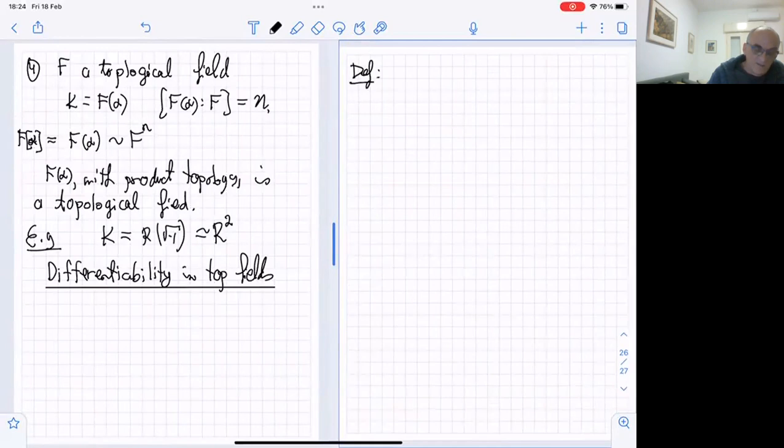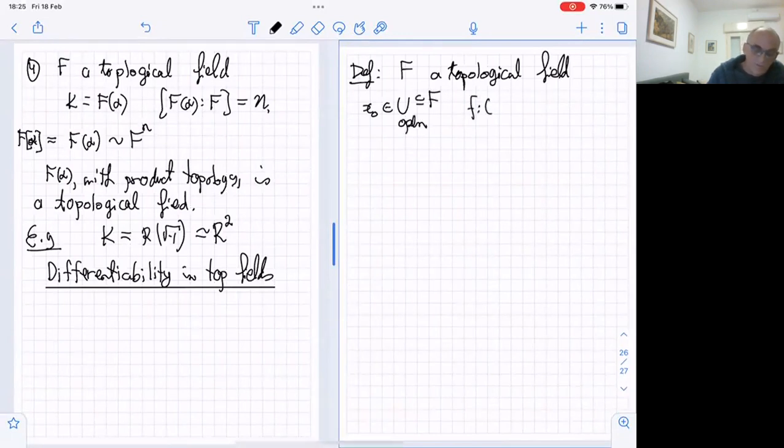Definition: F a topological field. And we have a point. This will appear constantly in our setting. We have a point x0 inside an open set U inside F. All my U's will be open, and we have f from U to F. Just a function, right? No model theory yet. And f is called differentiable,